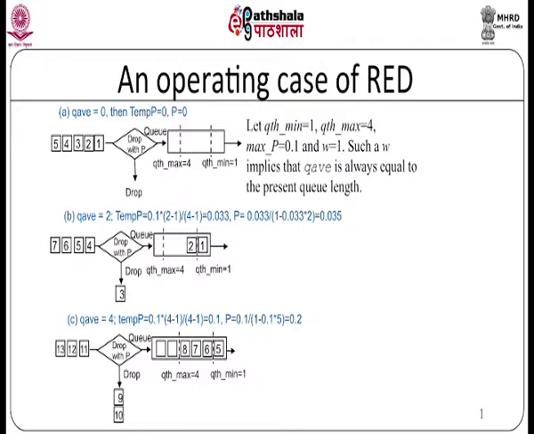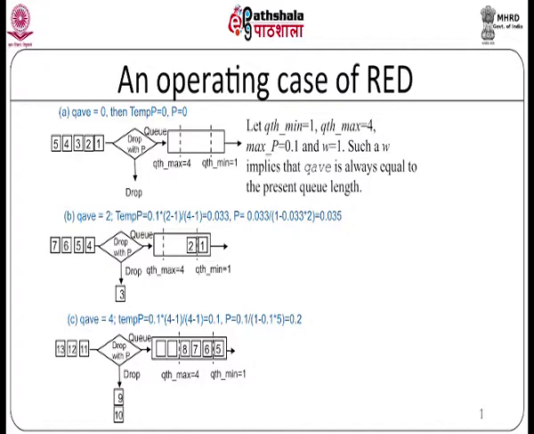Let us look at what happens here. The average queue size is 4, and we know the maximum threshold is 4. Now 2 more packets are coming in. Look at what happens in this case. My average value is 4 and the maximum threshold value is also 4. So 4 minus 1 by 4 minus 1 becomes 1. So temp P is equal to 0.1 into (4 minus 1) by (4 minus 1), which is 0.1,